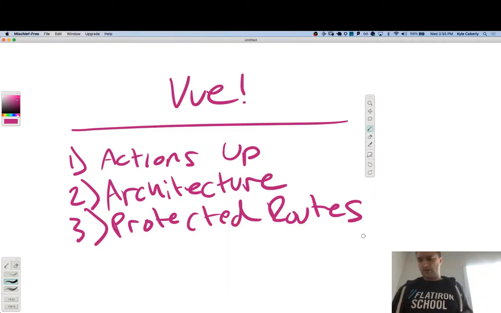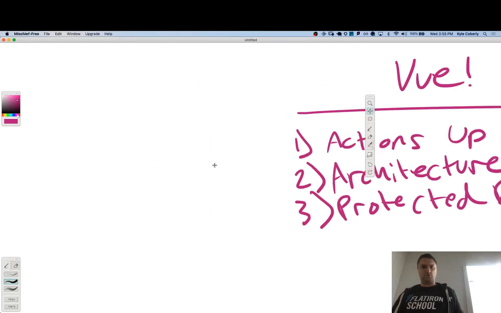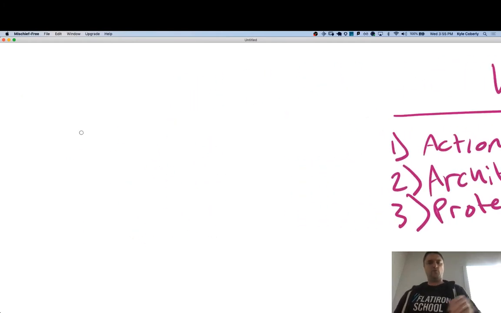All right, so these first two are kind of related. I want to show you a little bit about how we decouple data from our application. So we're going to make an app that's got